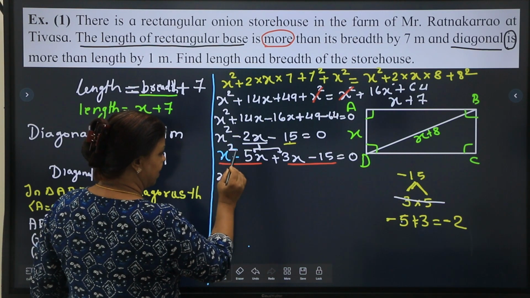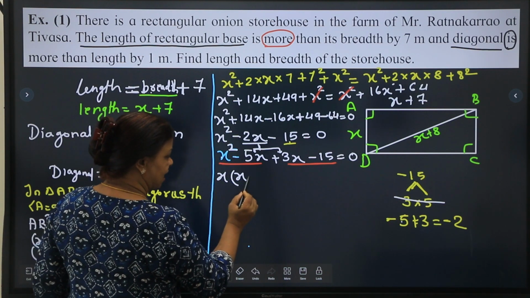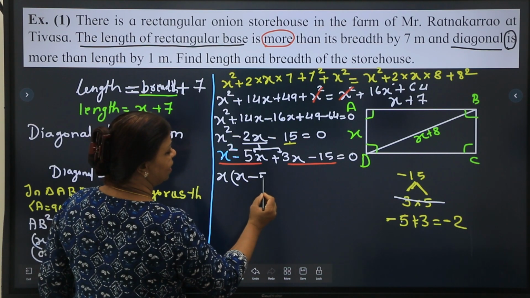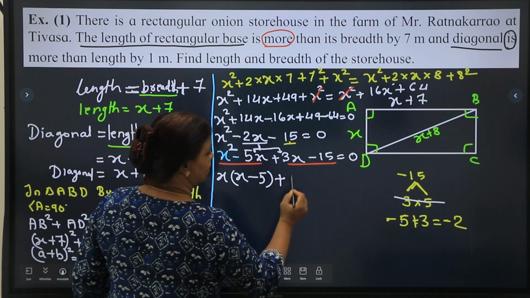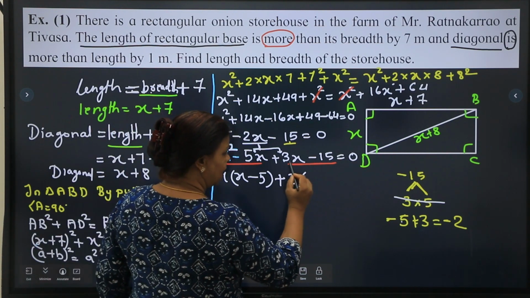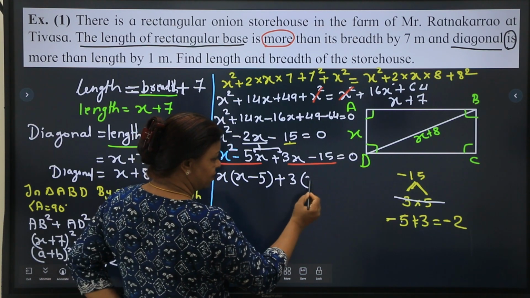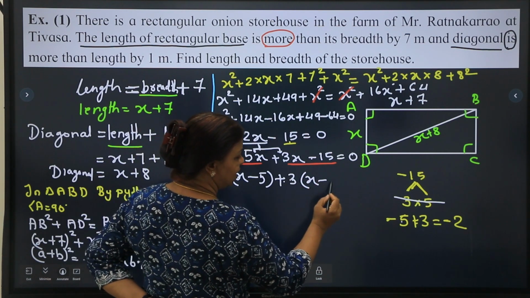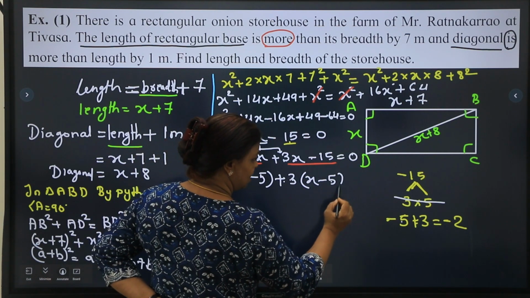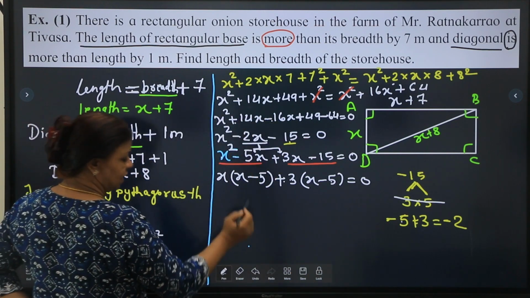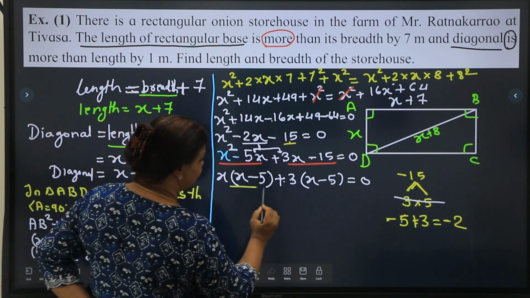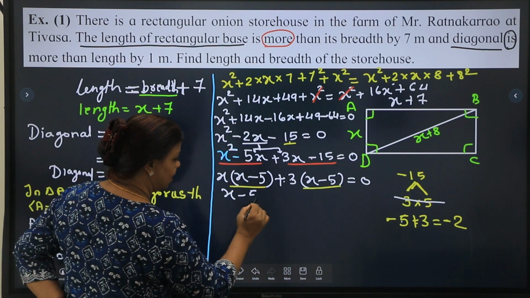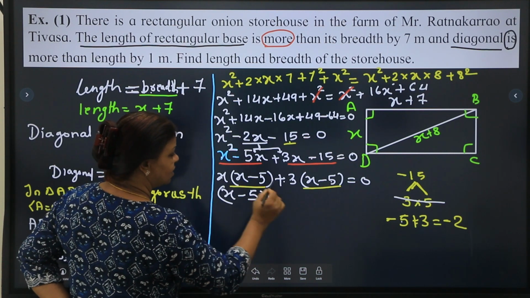If there are 2 times x, so 1 time x will be left here, sign will be minus. 1 is 5, 1 is x, so x is already out, so 5 will be left inside, plus 3, and if 3x was there, 3 is out, x will remain in, minus 3, how many times will give you 15? 5 times. So, this is 2 times, children. x minus 5, I will write 1 time. So, x minus 5 and in bracket x plus 3